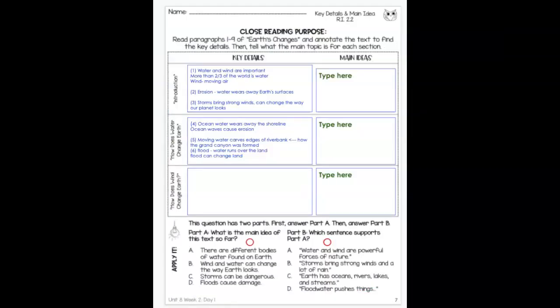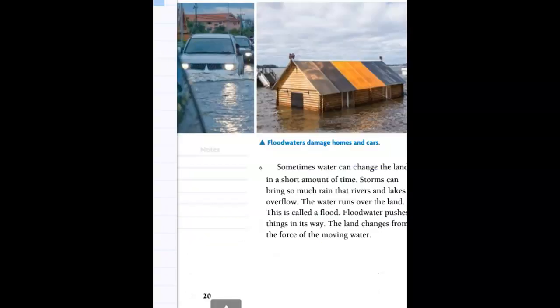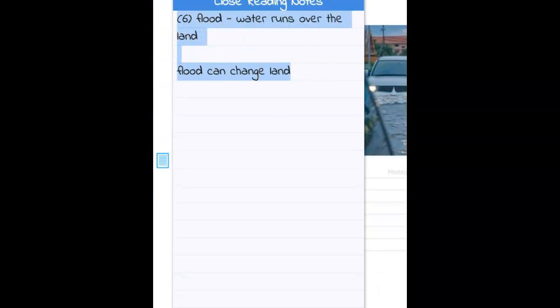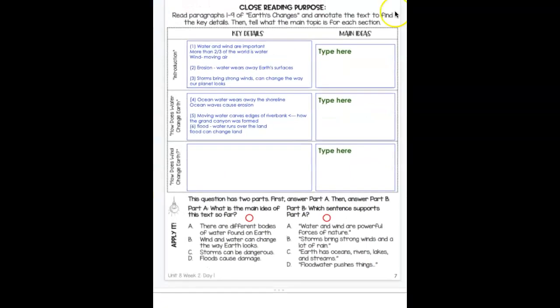So all that I did is I highlighted what I wrote in my notes section of the consumable. Let me show you guys what I did. I highlighted that. I pressed Control C, and then I just brought it right back over and pressed Control V, and I pasted it in here. So I copied and pasted, and so this is what we did together when we found the key details. Now what we're going to do is look at these key details, and then we're going to write the main idea